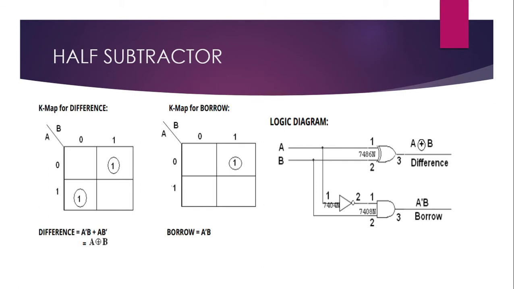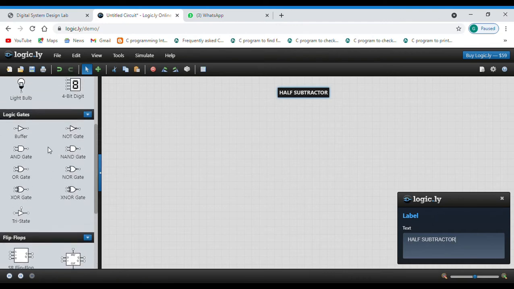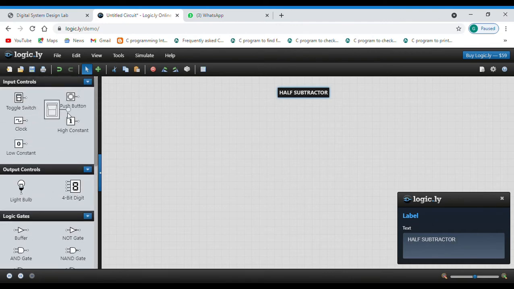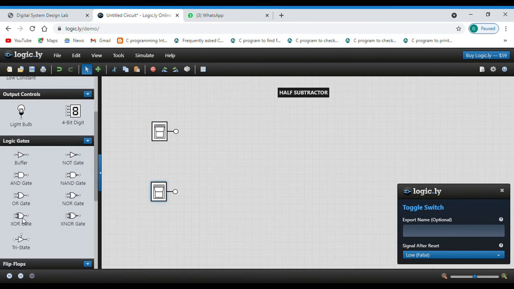This is the K-map for half subtractor. Now we'll see about half subtractor. For half subtractor we need two toggle switches.